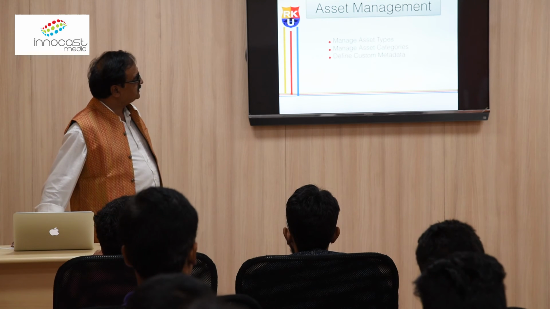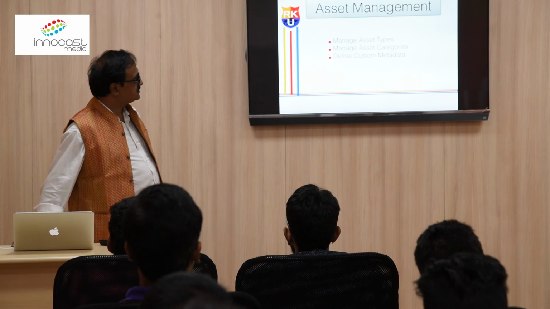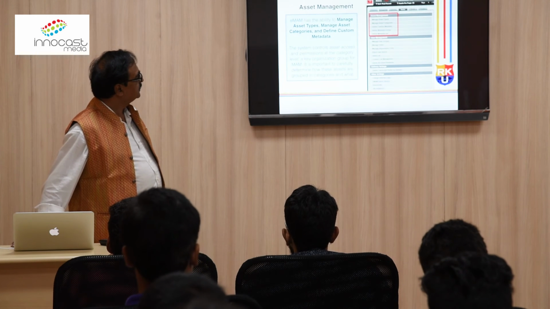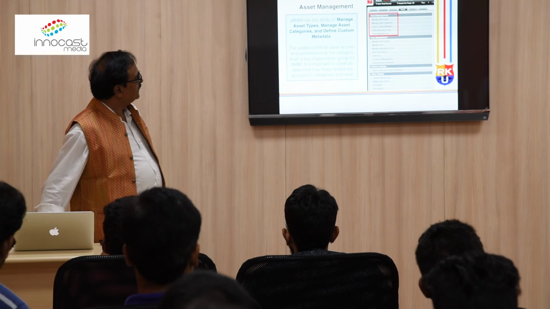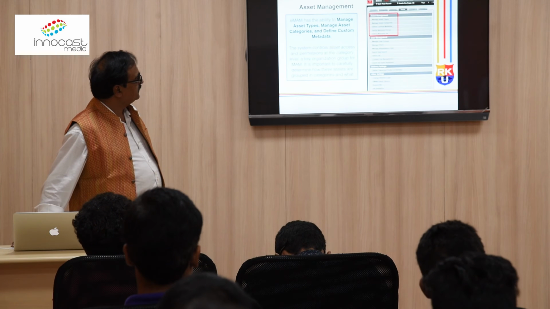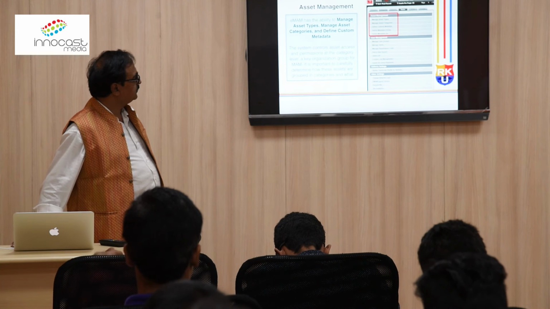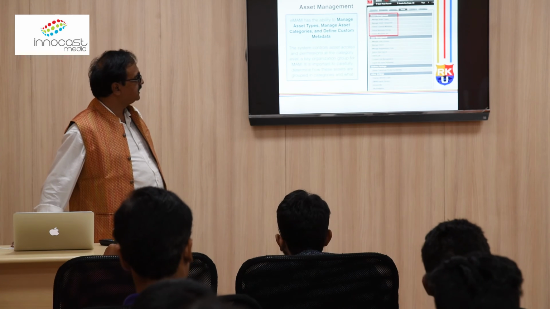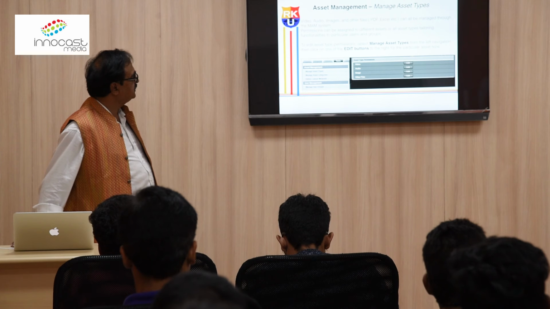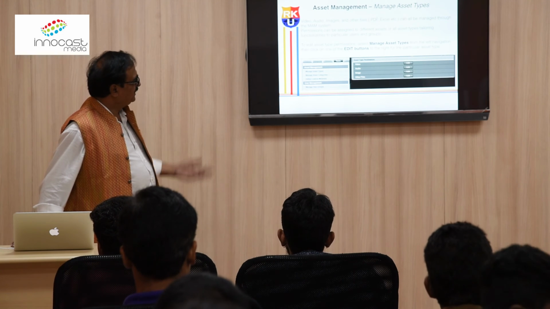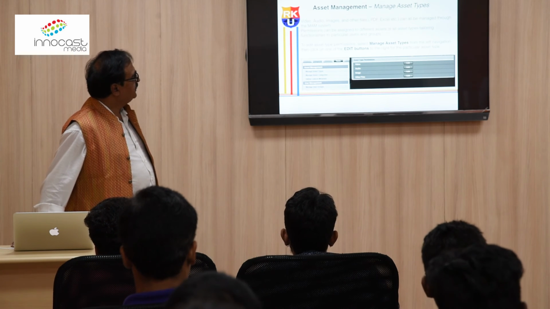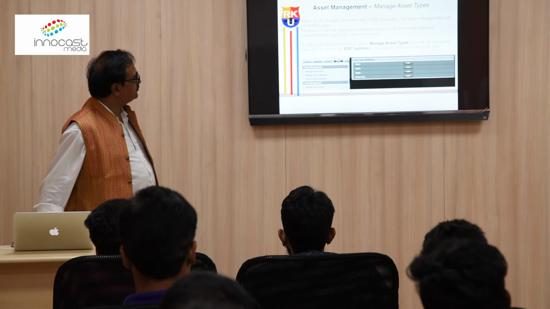Asset management: asset types, asset categories, define custom data. Okay. Manage assets, categories and define custom data. The system controls asset permission at category level. It is important to determine how these assets are grouped in categories. So you make it into categories for that. And quickly going over it, video and other files can be managed through a MAM system.